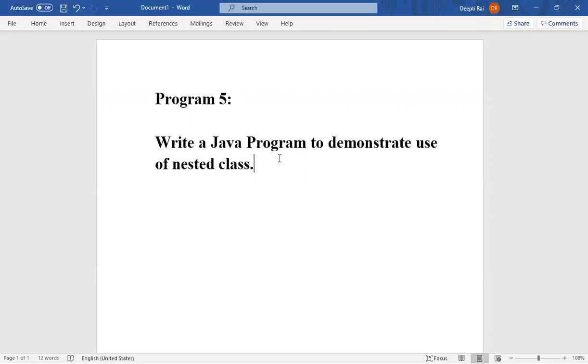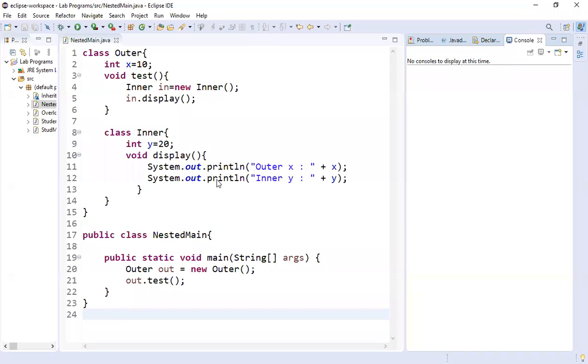So let's consider two classes, outer as well as inner. Let's believe that the inner class is nested within the outer class. And I'll explain to you how this nested class concept helps in encapsulation, in data hiding. Okay, let me just show you the program. This is my program for